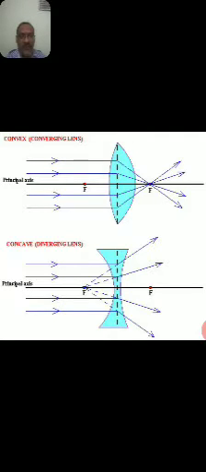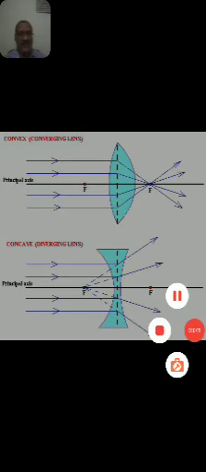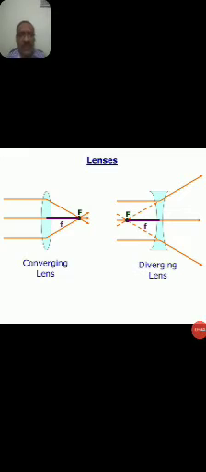If you see the below diagram, a concave or diverging lens, you observe a principal axis, and the light rays falling on the lens are focusing on the left side only. Then for the convex lens the focal length is positive, and for the concave lens the focal length is denoted as negative. You are observing the diagram showing positive focal length and negative focal length. This gives more clarification about converging and diverging lenses.